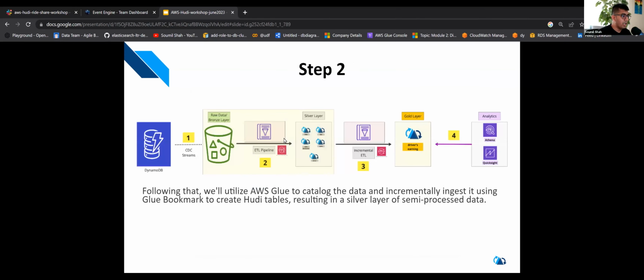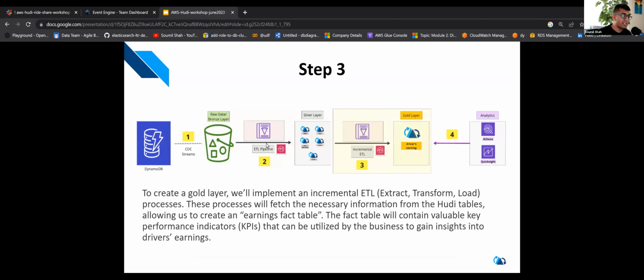In step 2, we will utilize AWS Glue to catalog the data and incrementally ingest it using Glue bookmark to create Hudi tables, resulting in a silver layer of semi-processed data. Step 3, we are gonna create a gold layer. We're gonna implement an incremental ETL. This process will fetch the necessary information from the Hudi tables, allowing us to create an earning fact table. The fact table will contain valuable key performance indicators that can be used by businesses to gain more insights into